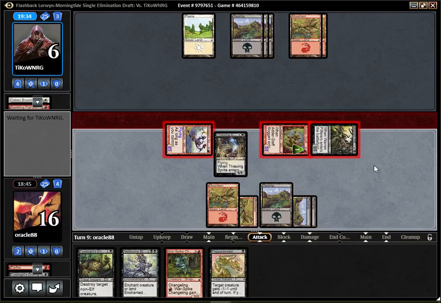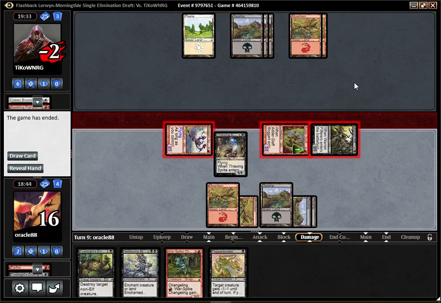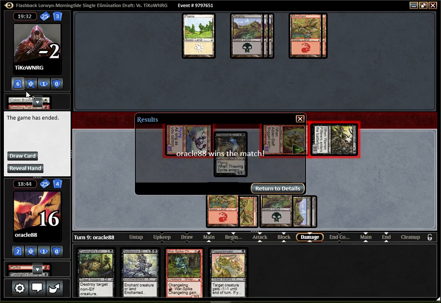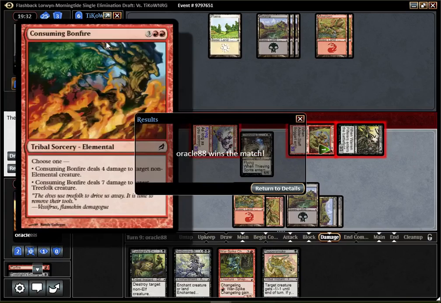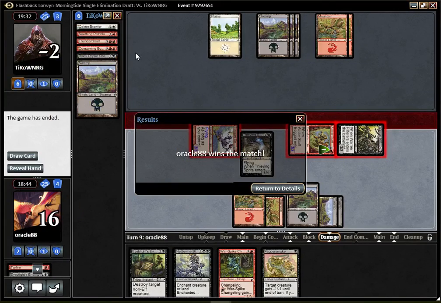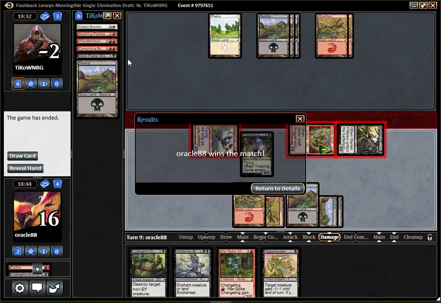I'm not sure what they could do here. Okay, just die. Pretty weird game. Alright, well, again, feels like a very easy win, but yeah, I don't know. My opponent does have a weird deck. I mean, my opponent plays some really decent spells. Shaman is really good, and the Bonfire is quite good too, and Past Blazer is not bad either. But I don't know. Alright, that was a strange match, I guess, but